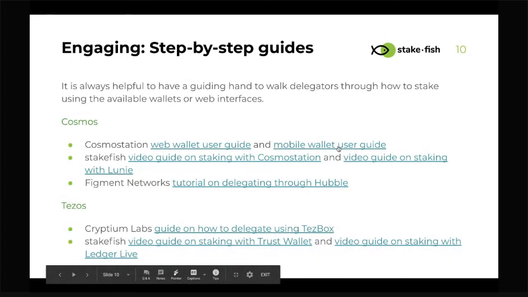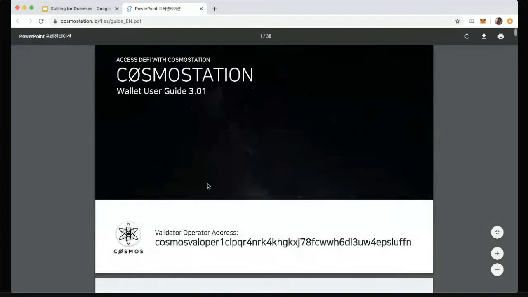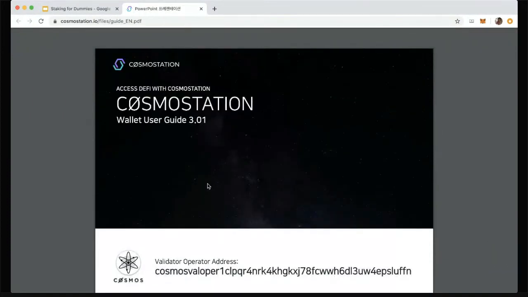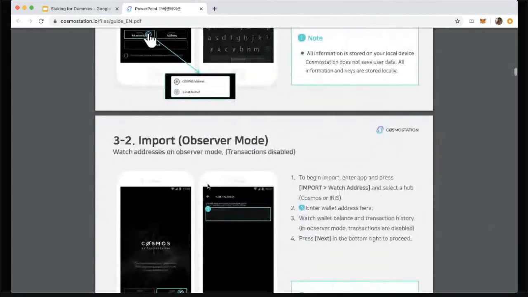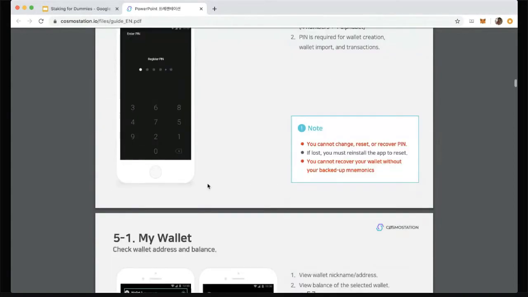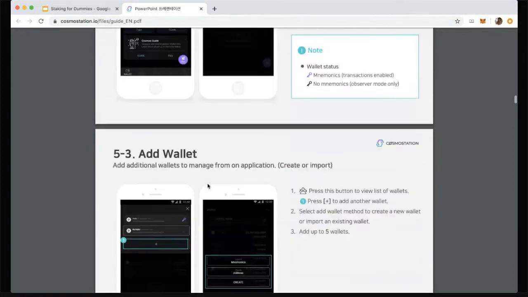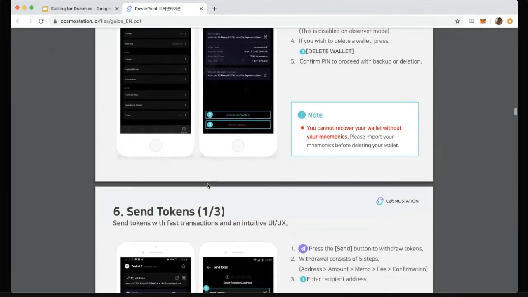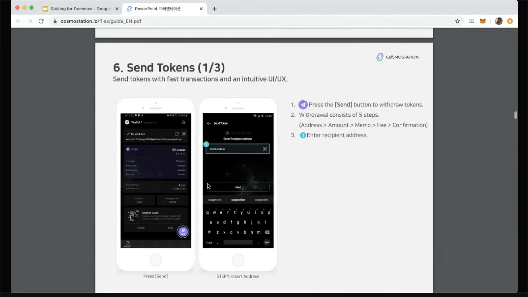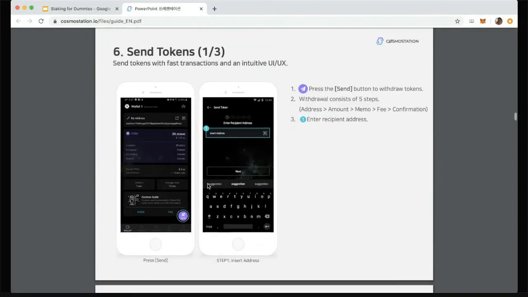Let's start off by looking at Cosmos Station's user guide for their mobile wallet. Cosmos Station is one of the mobile wallets available on Cosmos, and you'll see they have pretty comprehensive documentation of how to interact with different commands that you could input on their wallet.